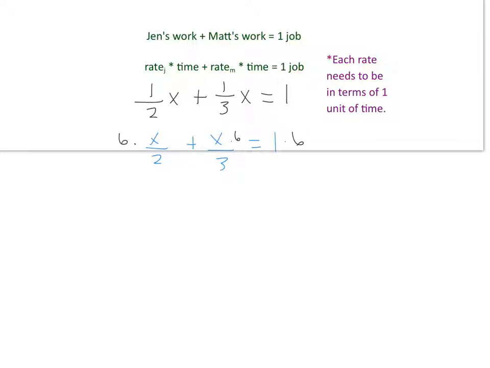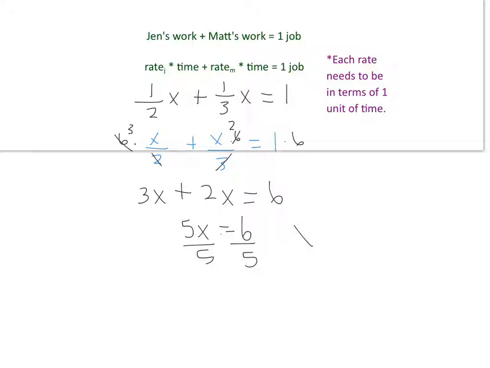rational expressions and simplify. So if I'm multiplying by 6, if I take away the 2, this 6 turns to a 3, and I now have 3x with no denominator, which is what I want. Now over here, the second one, if I take out the 3, the 6 turns to a 2. So I get plus 2x equals 1 times 6 is 6. So 3 plus 2 is 5x equals 6. Divide by 5, so I get x equals 6/5 of an hour,